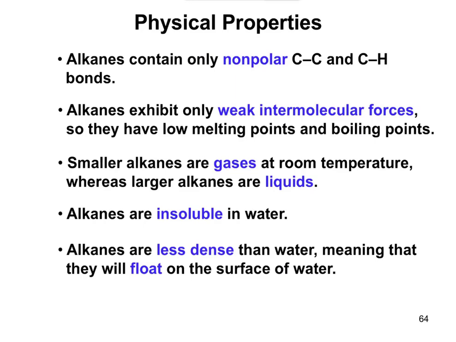So the last part of chapter 10 here talks about the physical properties of these alkanes, and this holds true whether they're cycloalkanes or the acyclic linear alkanes. The reason it doesn't matter is because both of them only contain carbon-carbon and carbon-hydrogen bonds, both of which are nonpolar. So the fact that these molecules are nonpolar means they're going to have physical properties characteristic of nonpolar molecules, which you should be familiar with if you think back to what we talked about in chapter 3, and that is to say that alkanes and in general nonpolar molecules typically have weak intermolecular forces, right?